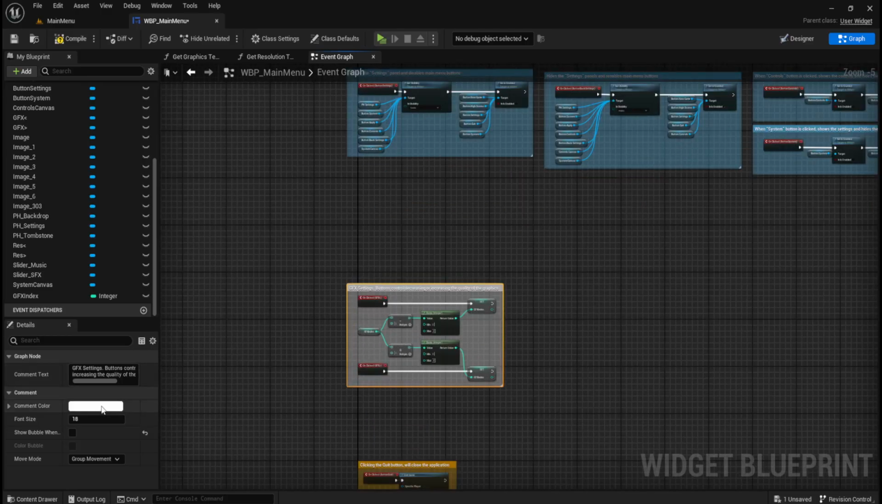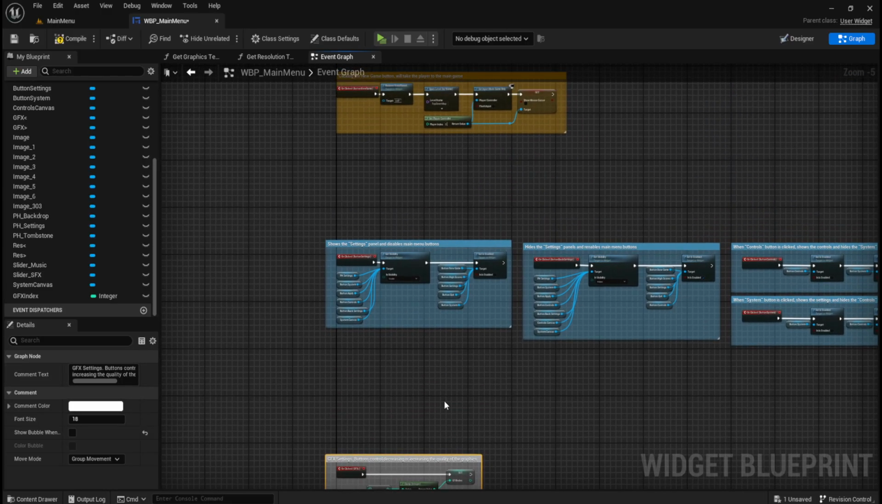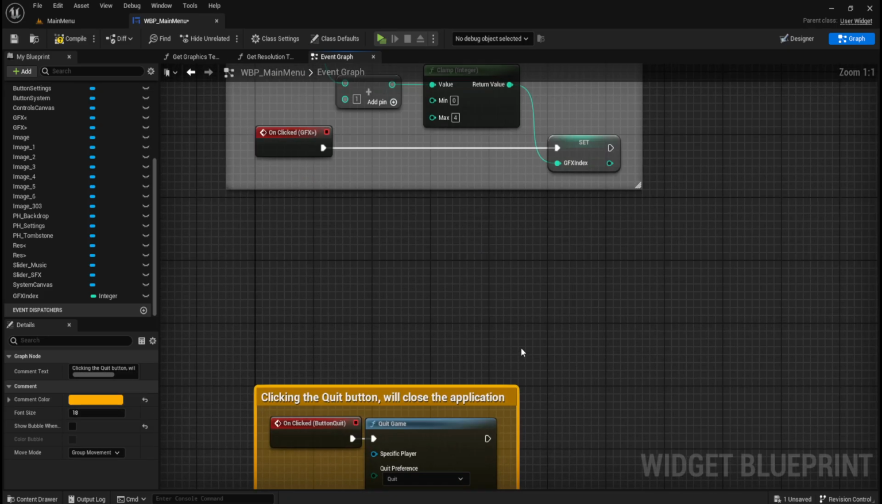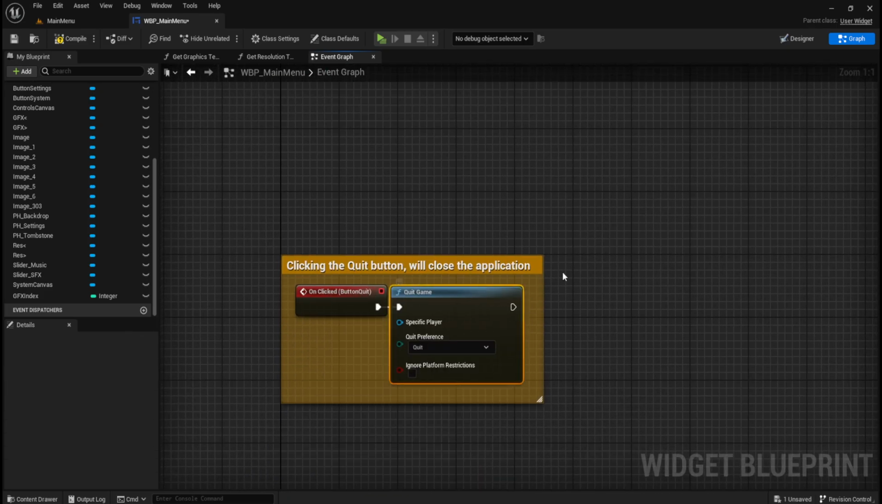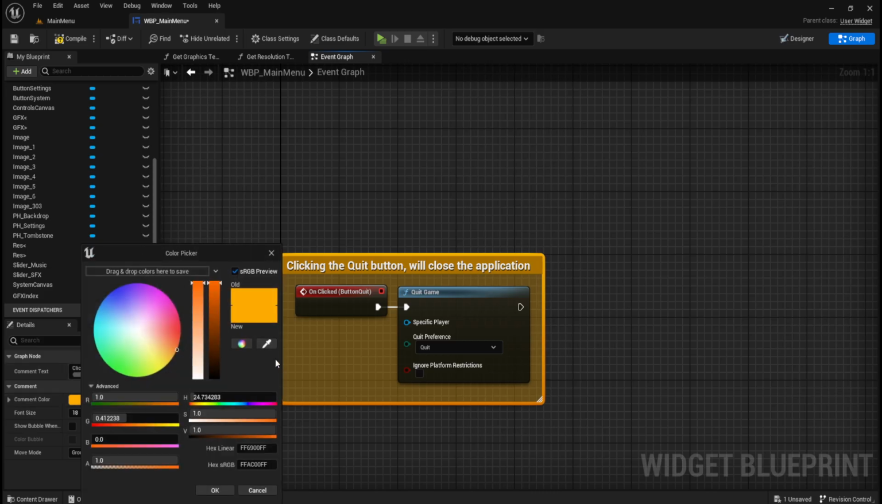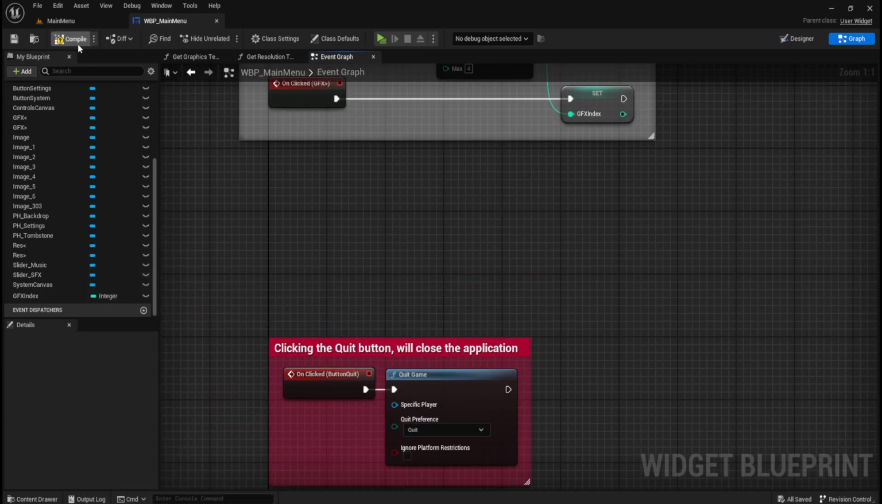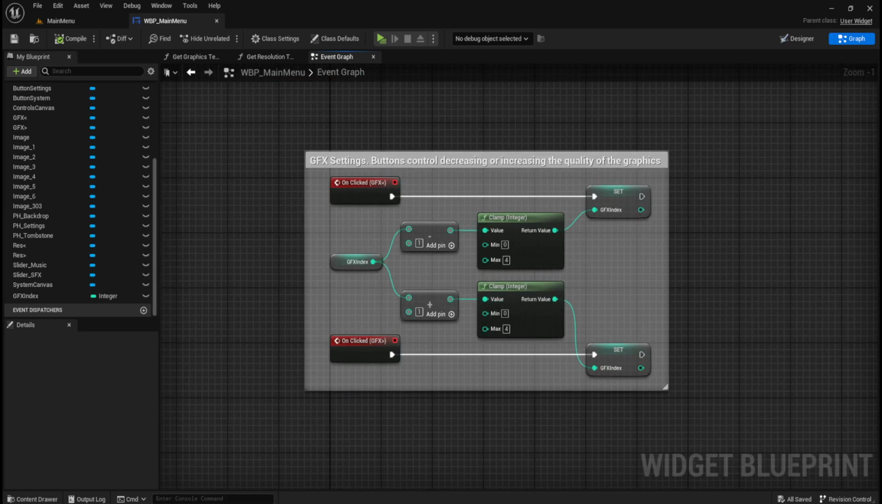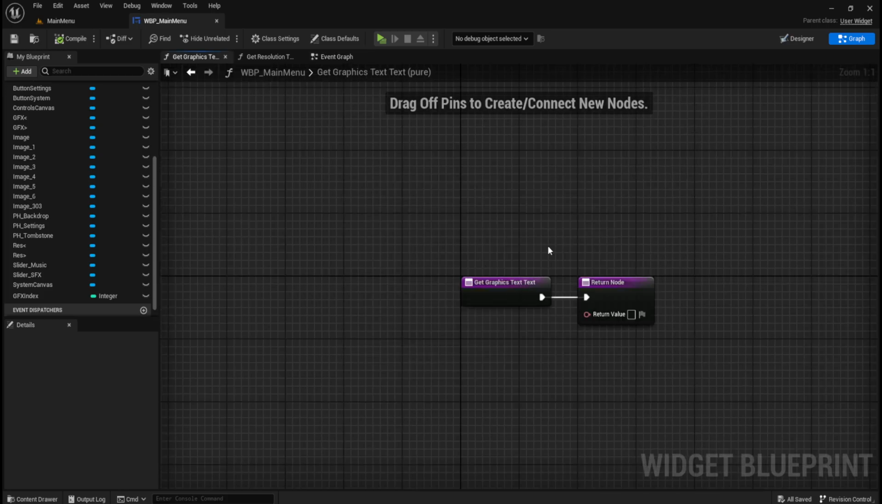Right, so I think I'm going to set this one to red because that's for quitting the game. Alright, so if I just go to the graphics text. Alright, so on the graphics text, what we want to do here,